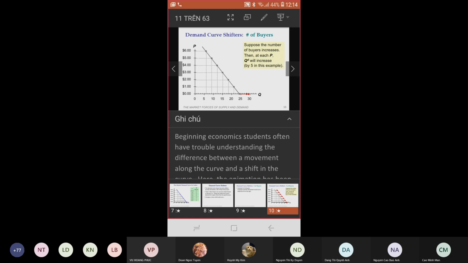The reason why you see the new point, the new demand, is because of the higher number of buyers. That new point stands to the right hand side